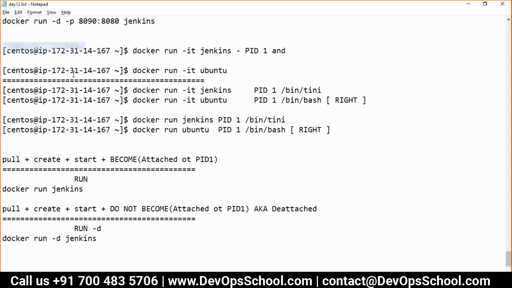Okay, guys. Do not take a container as a very special case. It's like one of the compute units, but without a boot file system. That's all. In a VM, you have a boot file system. In a physical machine, you have a boot file system. In a container, we do not have a boot file system. That's the only difference.